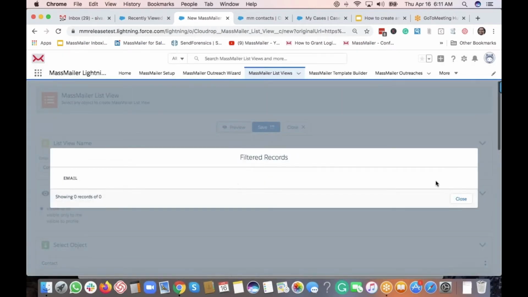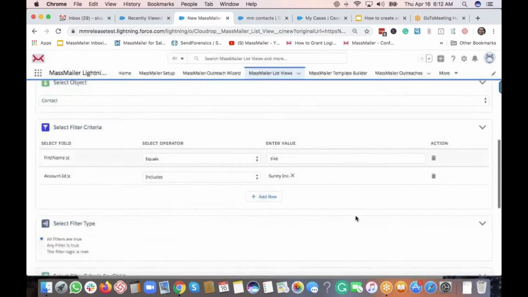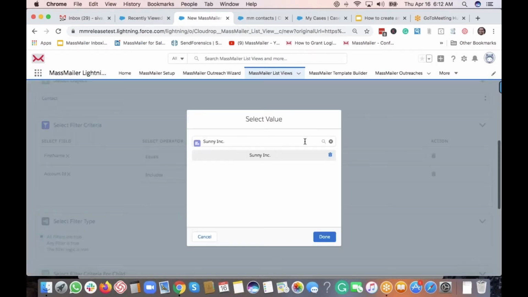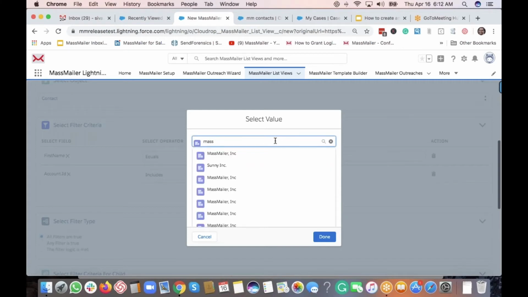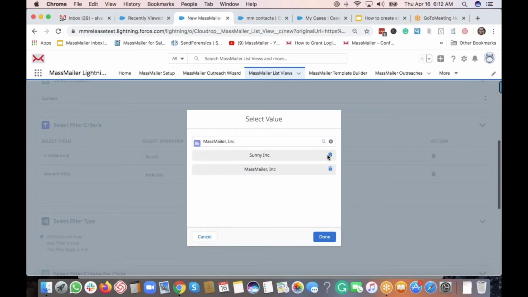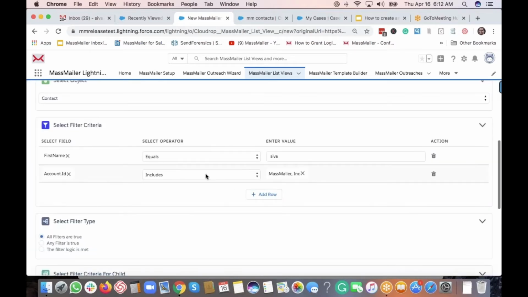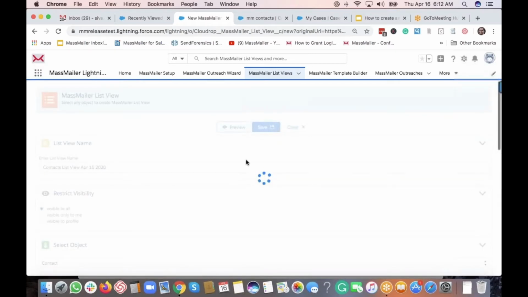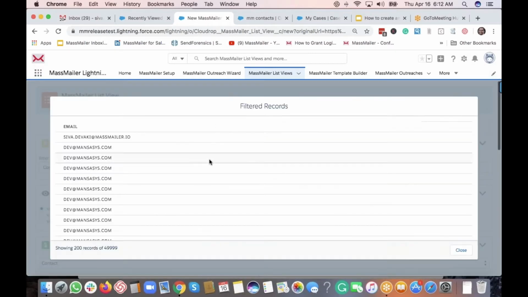So it says no records. So maybe this particular account does not have any contacts, right? So let's take a look at something else. So let's see if it has any other value. I'm not sure what I have here. So it seems like there is another account, and let us see if it has any value and say preview. So it has got a lot of values there, and then